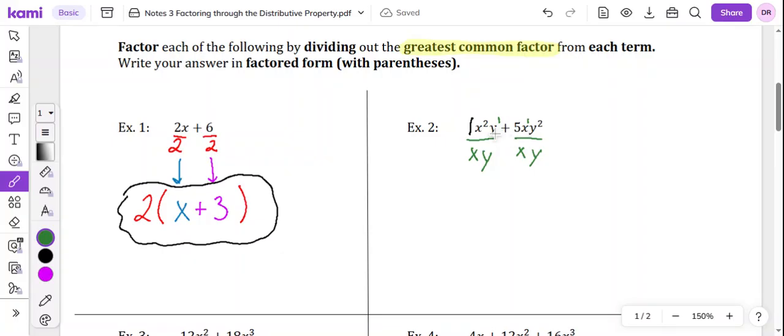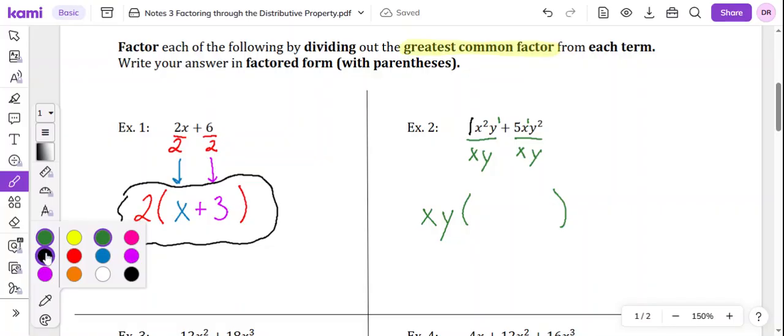We have y to the first in this first part here, y to the second in the last part. And again, we cannot take away more than the least amount. So 1 was the smallest exponent, so we'll take a single y away. So our common factor here is just involving the variables x and y. So we'll start our expression, xy times, and then what we do is we divide to see what's remaining inside